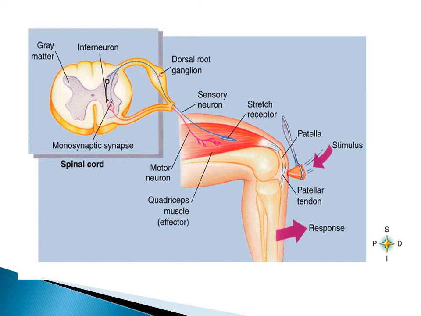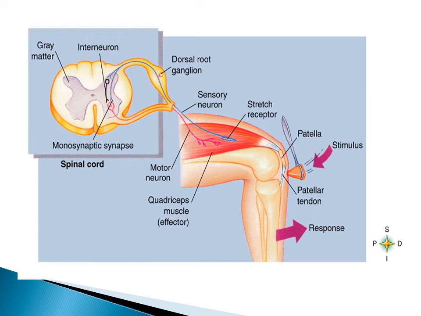That causes a depolarization of a unipolar neuron, which has its nerve cell body in the dorsal root ganglion, and the nerve impulse continues up the peripheral process, becomes integrated in the dorsal root ganglion, and continues in the central process to synapse in the gray matter of the spinal cord. It synapses monosynaptically with a neuron in the ventral horn of the spinal cord, whose axon leaves the spinal cord by way of the ventral root and then continues down out the spinal nerve into, in this case, the femoral nerve, into the L4